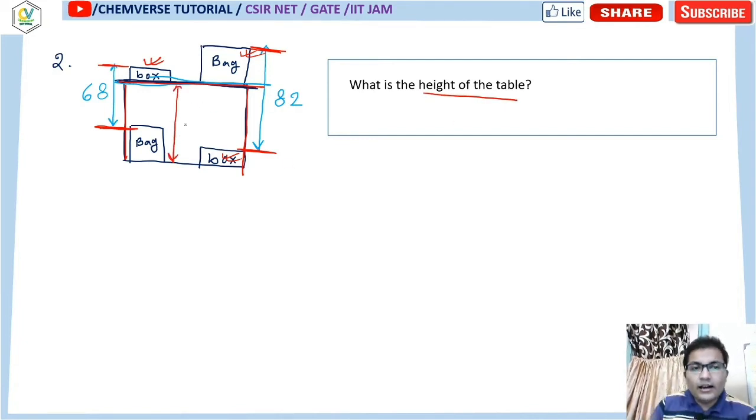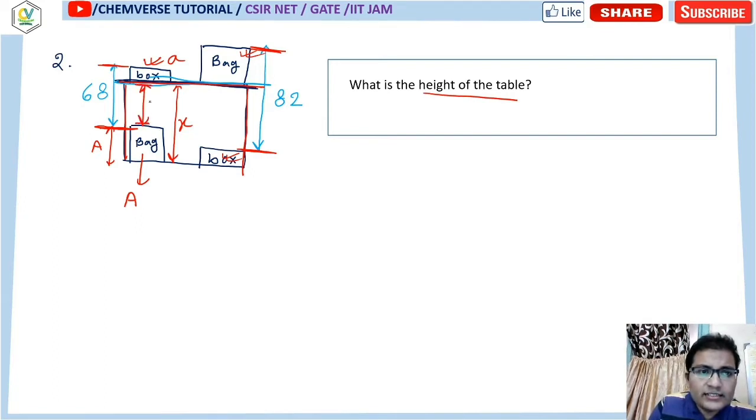So the most important thing is the unknown parameter, I am taking it as x. So let the height of the table be x, and suppose the height of the bag is capital A and the height of the box is small a. Okay, so this is my assumption. Now how can you break this system in this way, that if the height of the bag is capital A, then this